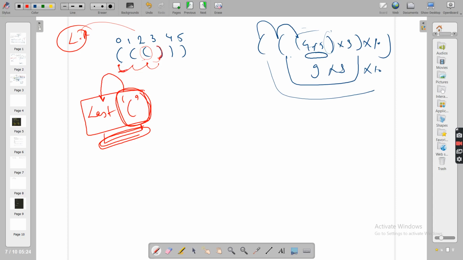So if you see, you are going from here, then here, then here, and you want this at first, because as soon as you encounter this closing bracket, you have to pair it up with the last opening bracket, which is this one. So which data structure will give you the last input element at first, the last opening bracket at first? Obviously stack. Why? Because of LIFO. See this property, LIFO, last in first out.